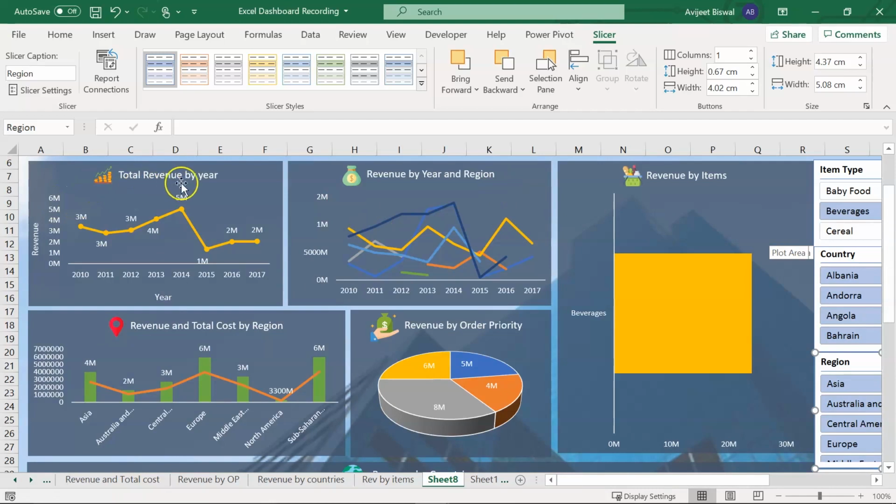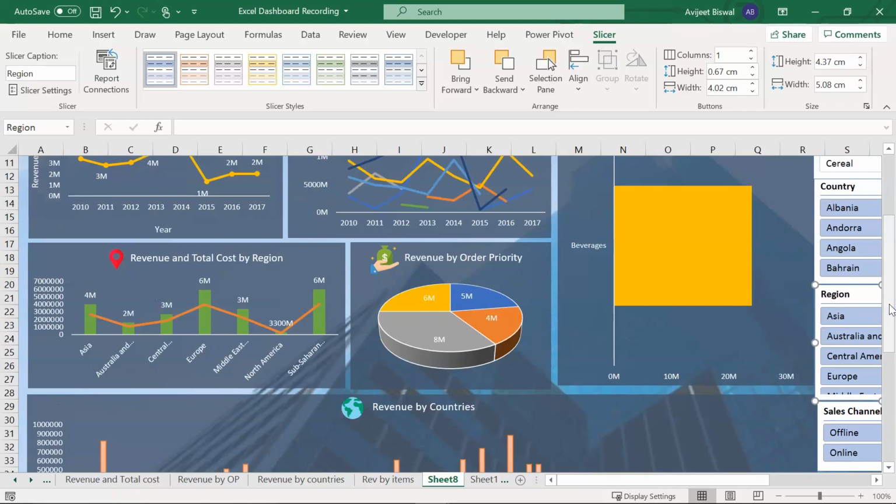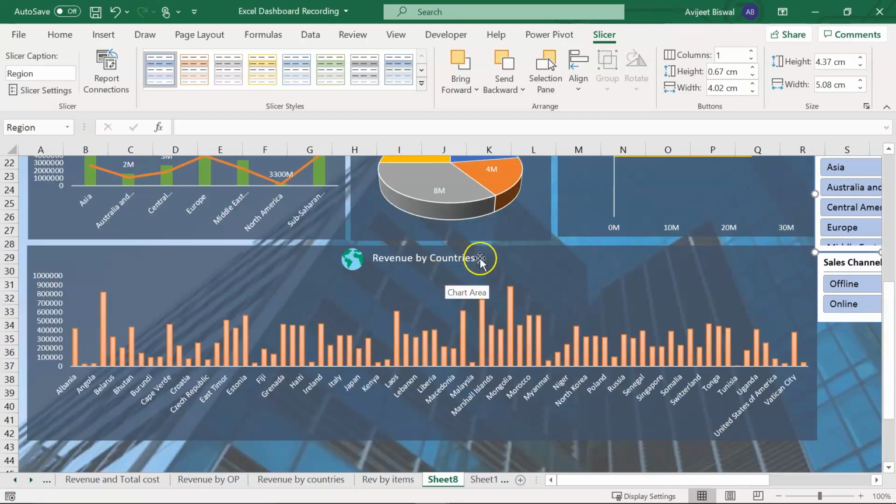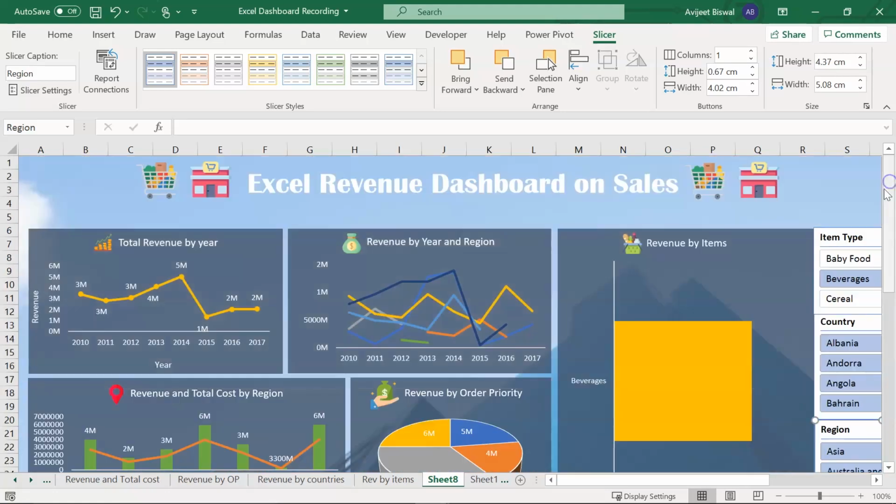So you have the total revenue by year for beverages only. Similarly, here you can see the revenue by year and region only for beverages item type. If I scroll down, now this chart represents the revenue that was generated in each of the countries only for item type beverages. Let me just uncheck it.